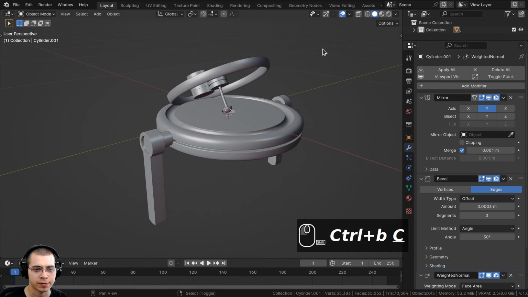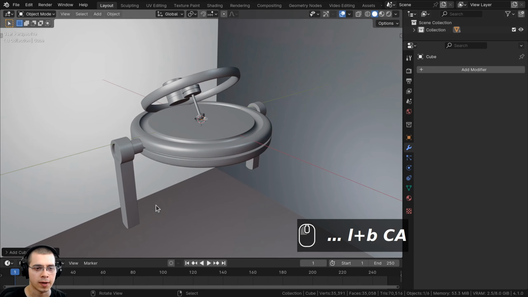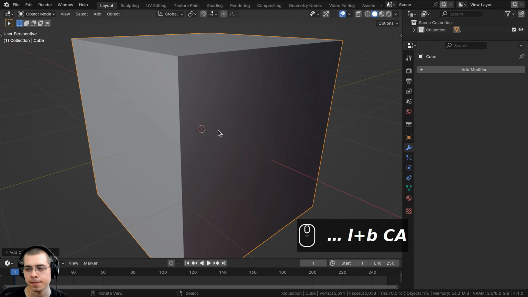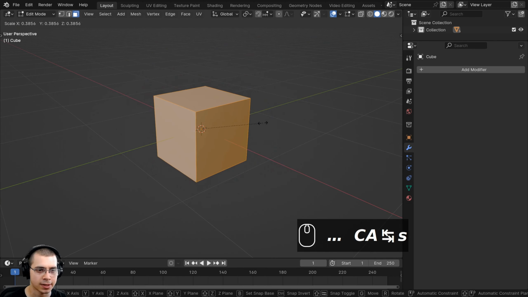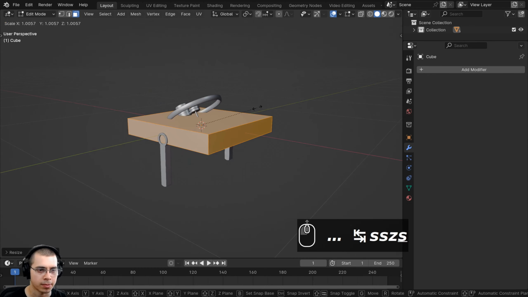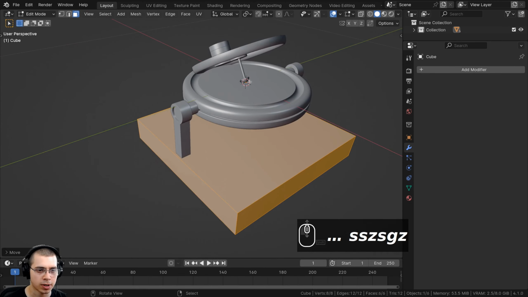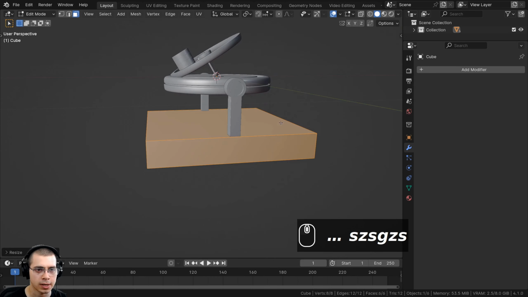So again, I'll press Shift C to center the 3D cursor. That way when I go to the add menu, I can add a cube, and the cube is added in the very center of the scene. So I'll go into edit mode, and I'm going to scale the entire thing down quite a bit, and then scale it on the Z-axis and bring that down there. Maybe scale it up a little bit and then bring it down on the Z-axis. And I just want this cube to be a little bit larger than those hinge pieces.